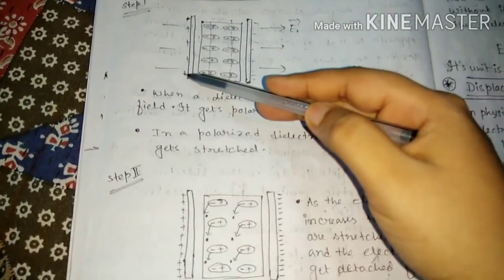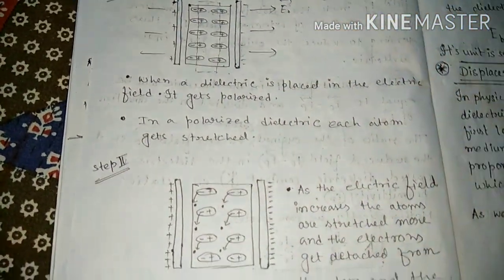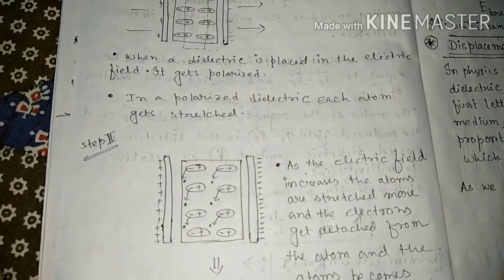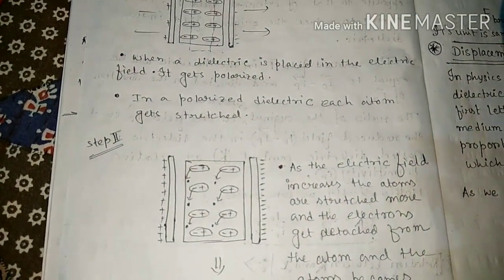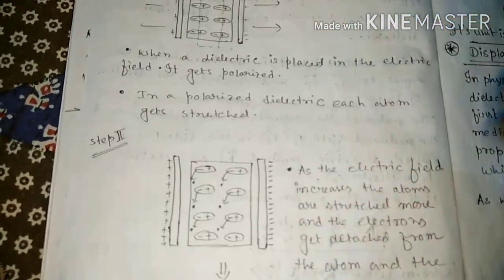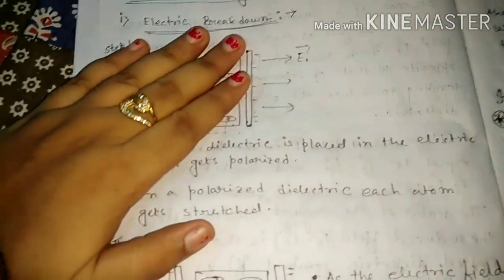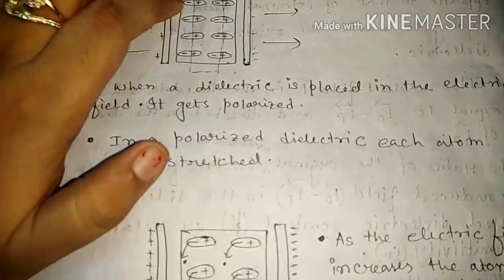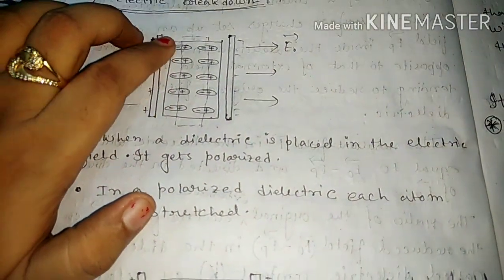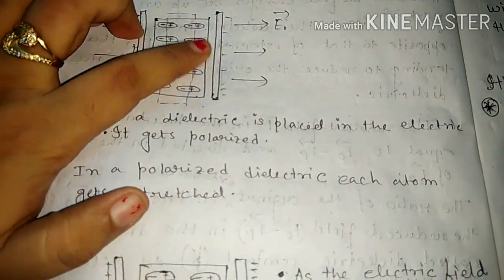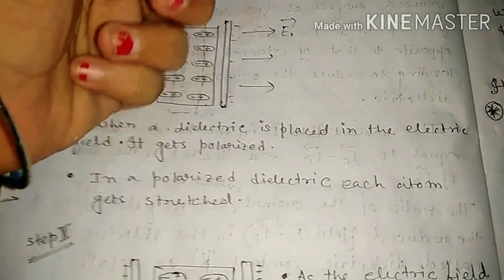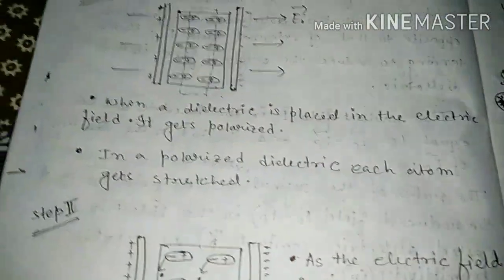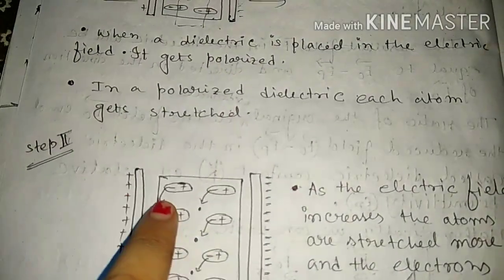Now after step number 2, what is the difference between them? Here more charges are there. That means we increase the strength of the external electric field. Then what happens? In step 1 it will be polarized. That means this dielectric slab has only the negative charge on this side, and positive charge on this side. After that, if we increase the strength of the external electric field, what happened?